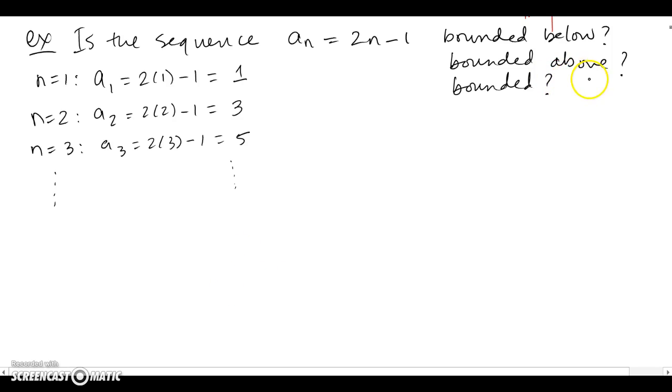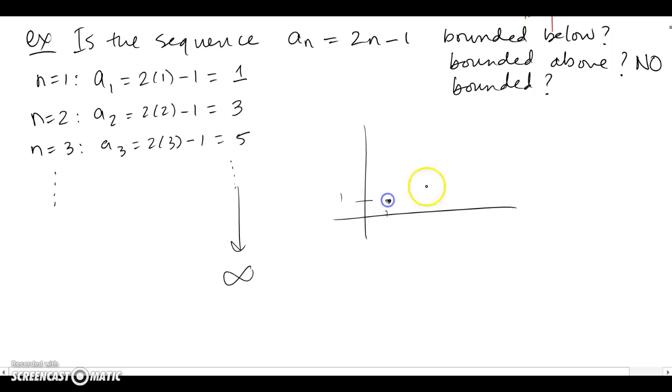And is the sequence bounded above? Well, this goes off to infinity. So for above, my answer would be no, because it blows up and goes to infinity. Is the sequence bounded below? Well, it has to be for all n, and I can look at the terms of the sequence and say, well, I started with 1, then I went to 3, then I went to 5, and so forth, and all the terms of the sequence, of course, got bigger and bigger.